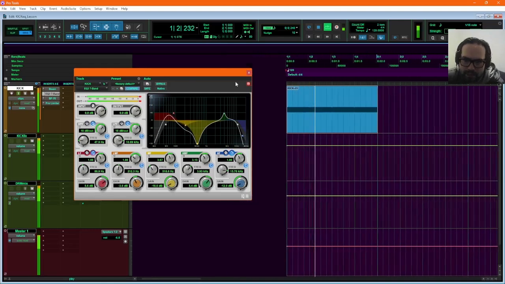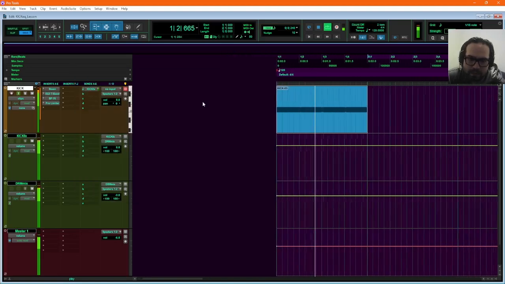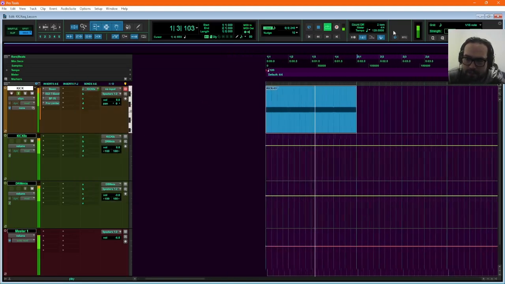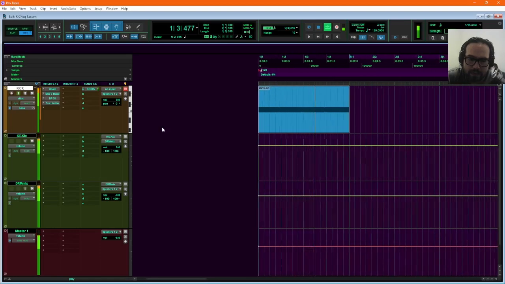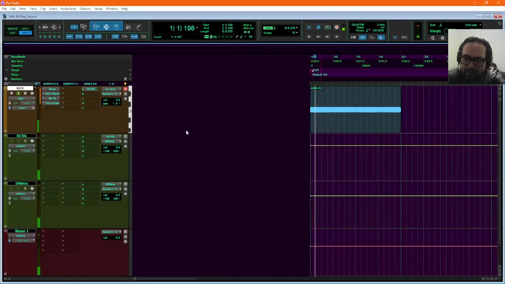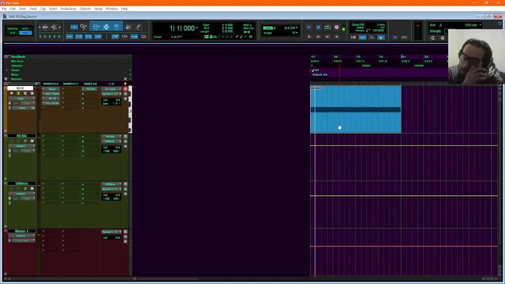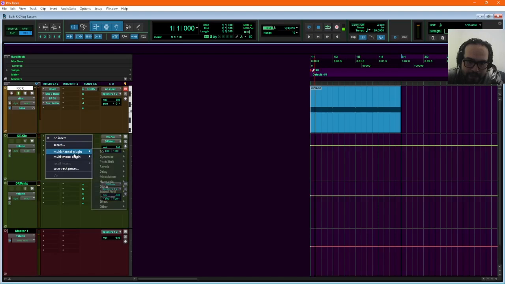Alright, I think that's an okay kick sound, I guess. Alright, to give that a rest. What we did, we put in an instrument, we EQ'd it, we put a compressor on it, and we put a limiter on it. So it's going to hit as loud as it can on this channel, and then it's coming out to this effects channel where I would like to put on a delay,